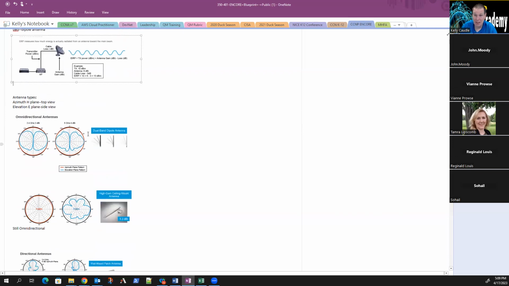We also need to talk about antennas and how antennas have two different planes. One is an azimuth or H plane, which is looking down from the top, a horizontal view, and an E plane, an elevation plane, which is looking at the side. And when you look at different antennas, they have different